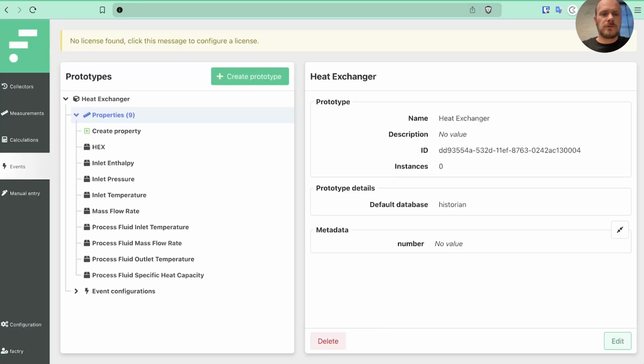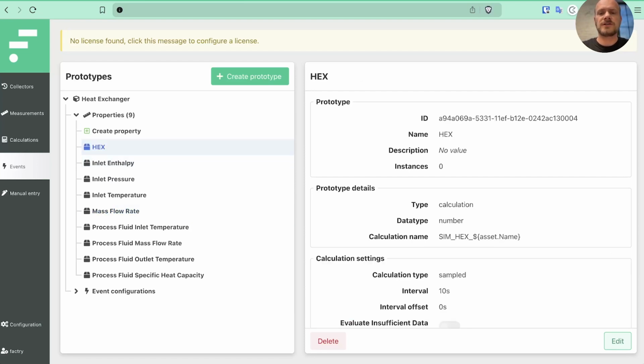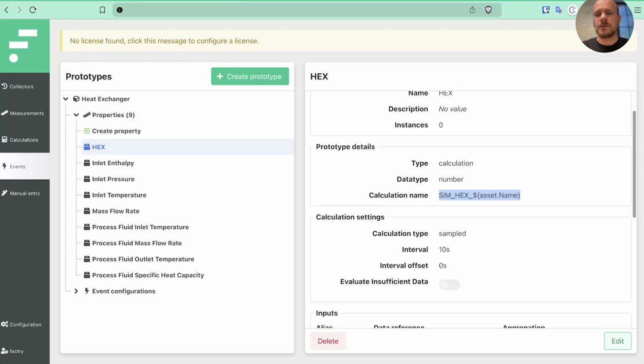So, going to our Historian, we see that we have an input measurement called inlet pressure. We could as well just have an inlet temperature as a tag on the inlet side. And for the steam, we also have a mass flow rate. With those two or three input measurements, we can calculate the heat exchanged over the heat exchanger. So for that, we added an additional property called hex, which is a calculation that will run every 10 seconds